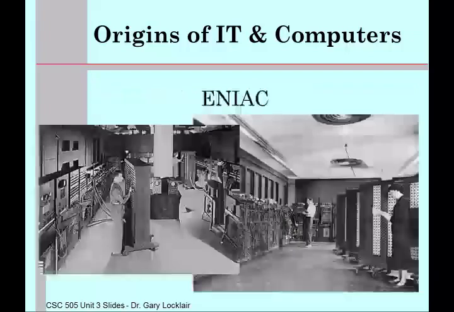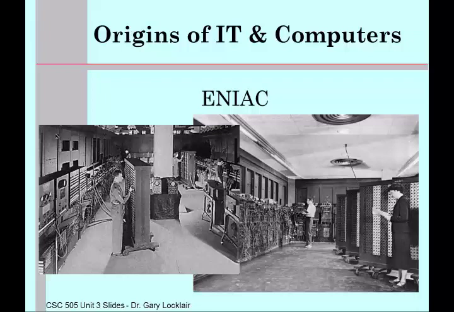This is the ENIAC, and you can't tell, but the room that they're in here is about 50% bigger than the classroom that you're in here. This is the ENIAC, all 20 tons of it. And as was mentioned, vacuum tubes. The reason the ENIAC was so big is because it was constructed out of 18,000 vacuum tubes. And the vacuum tubes of the day are about the size of a light bulb. Big devices. Here's the ENIAC.